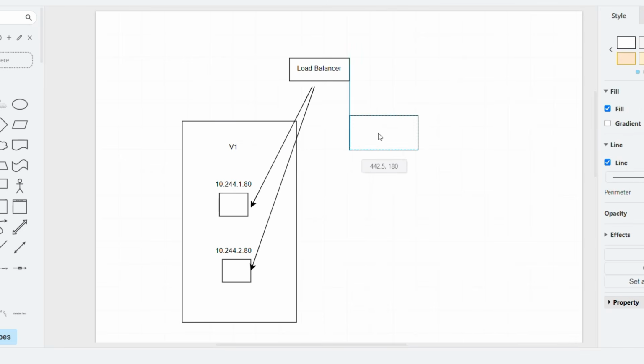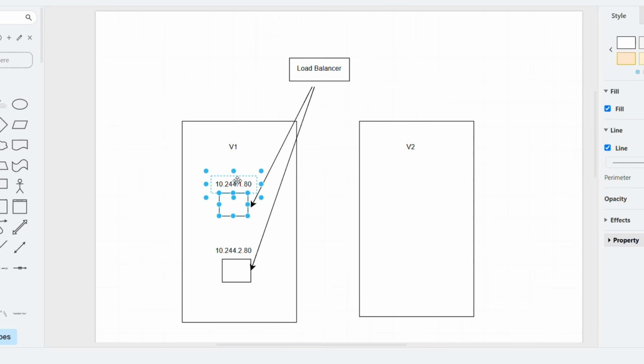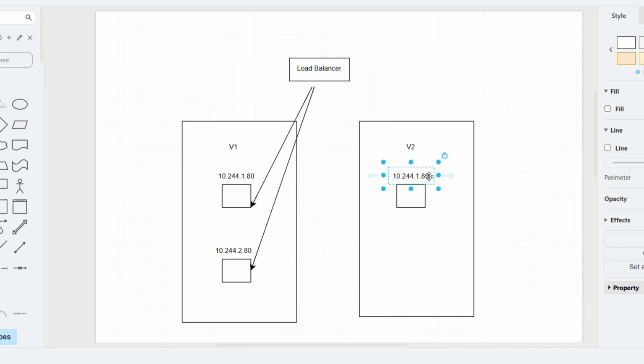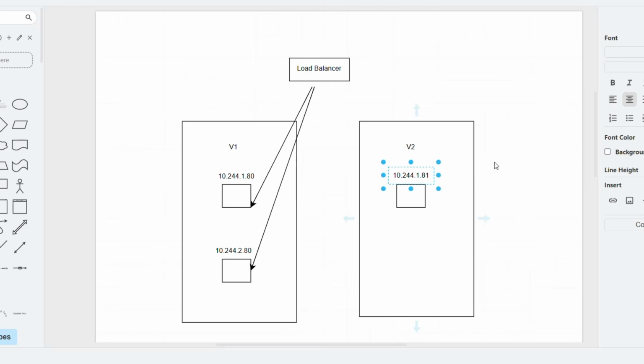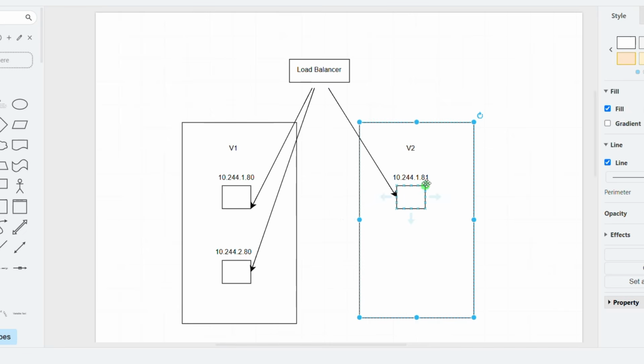Now I am creating version 2. When you apply the rolling update deployment strategy with a different image name or a different image tag, first it is going to create one new pod with the new version. First it creates this new pod, and it distributes the traffic to this new pod. Then, when this pod is up and running and the application is working fine,